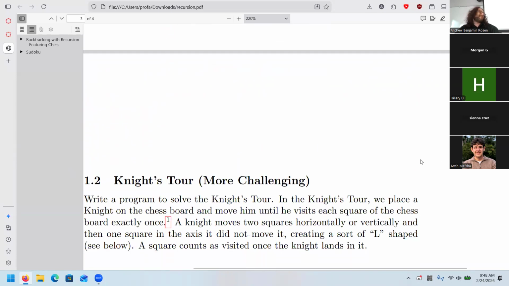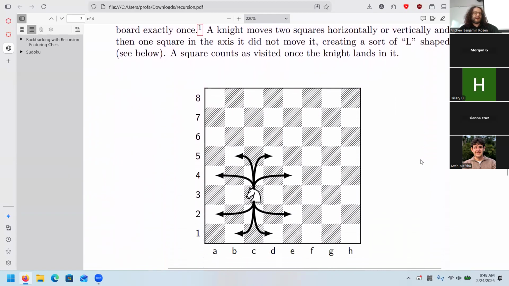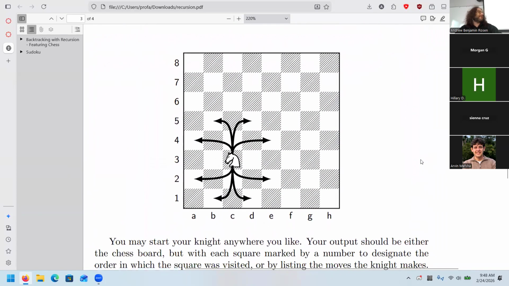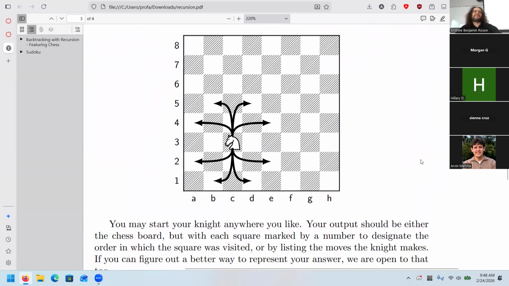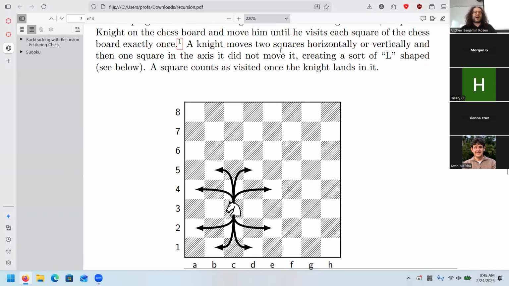If you're up for something a bit more challenging, you can try something called the Knight's Tour. Here is a knight. It moves in a weird L shape, as displayed here: two squares in one direction, in one axis, and one square in another axis.